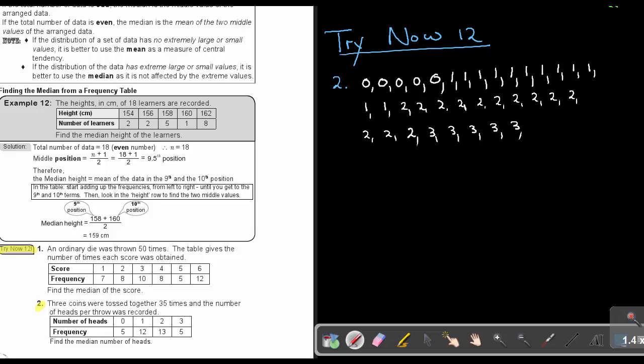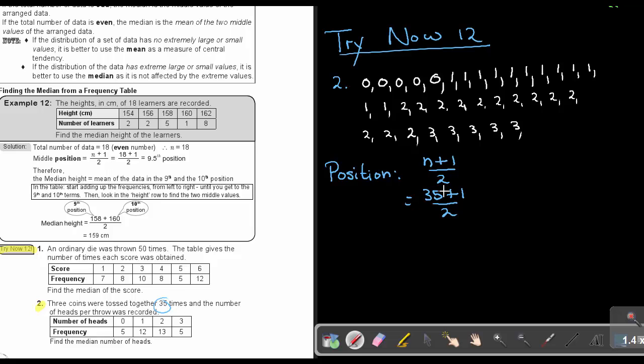But now, if I must find, so first what you must do is you must find the position. And how do you do that? You use the formula n plus 1 divided by 2. Now, what is the total frequency? 35. N is the total frequency. So, if you're going to say 35 plus 1 divided by 2, and that is going to give you, now remember,